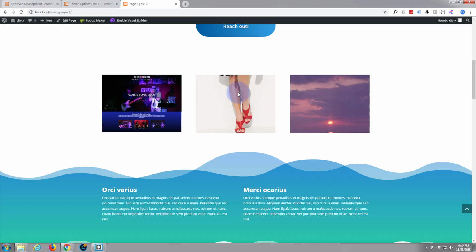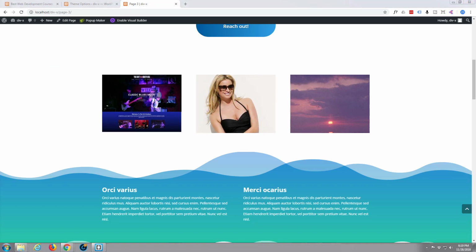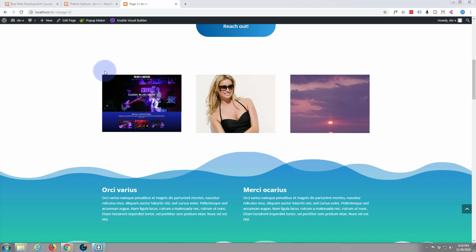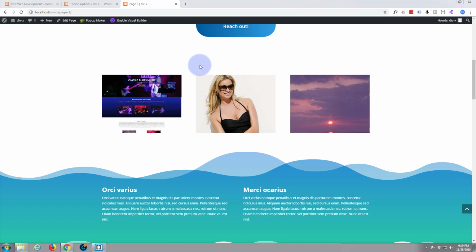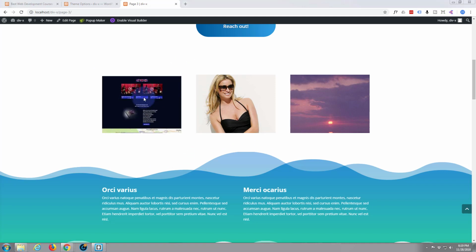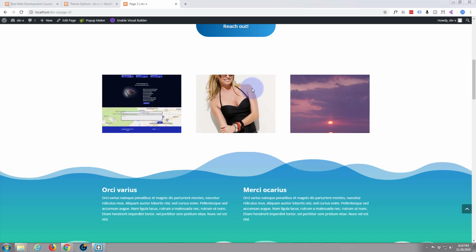And the gentleman also asked me, what sort of images do you use with this? Well, as I said before, they want to be long and thin. Mine were, as I said earlier, I think 500 by about 1200 pixels. As long as they're wide enough to cover the area of your box, or if they're not wide enough, just hit the cover button. And like I say, they're ideal for showing off long websites like that, or showing off